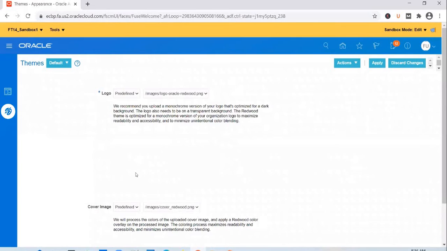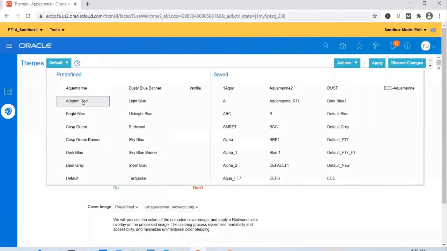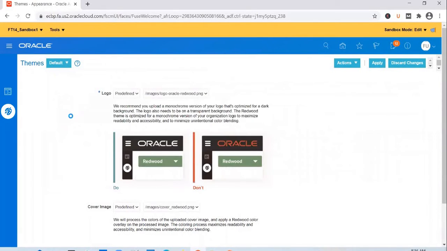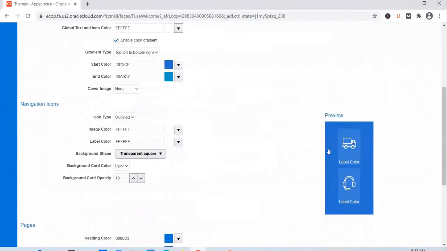You can pick any theme you want. But the default theme will have very few options for you to customize. But if you pick any other theme, like, for example, the Aquamarine theme, you select the theme that you want to use in the application.